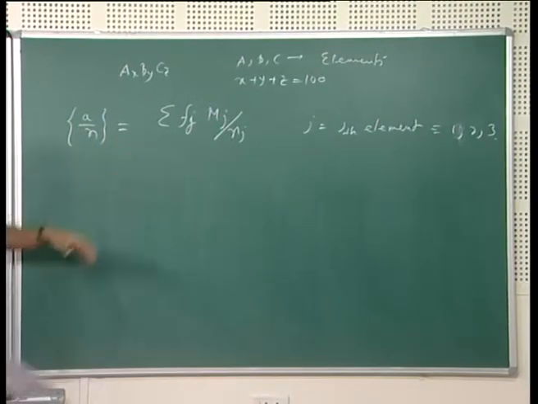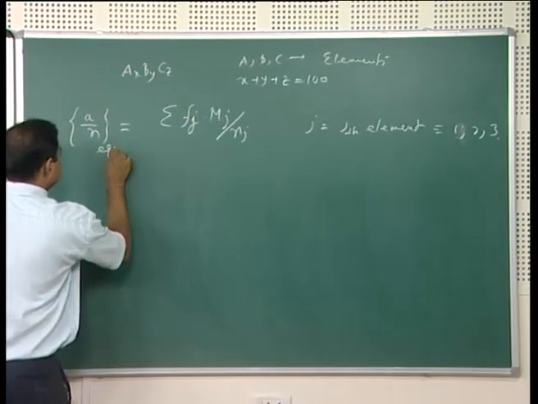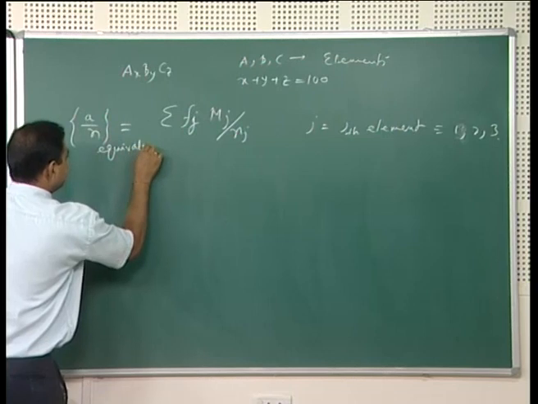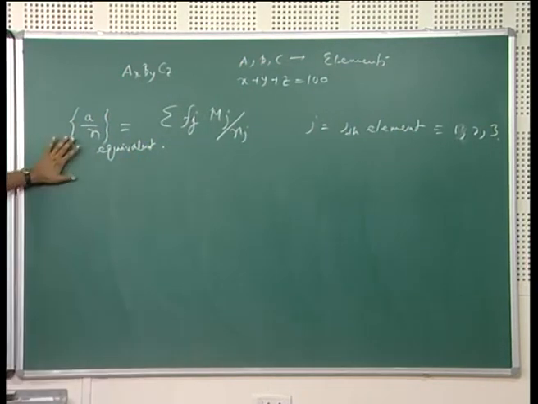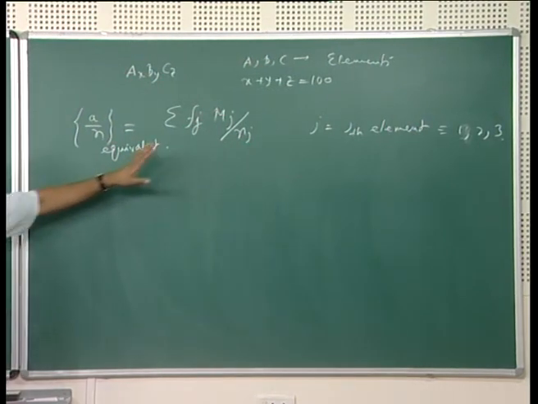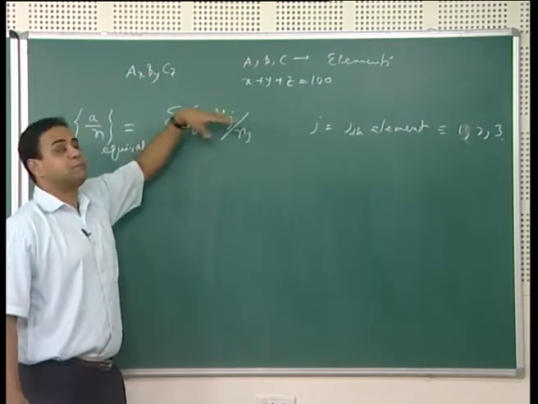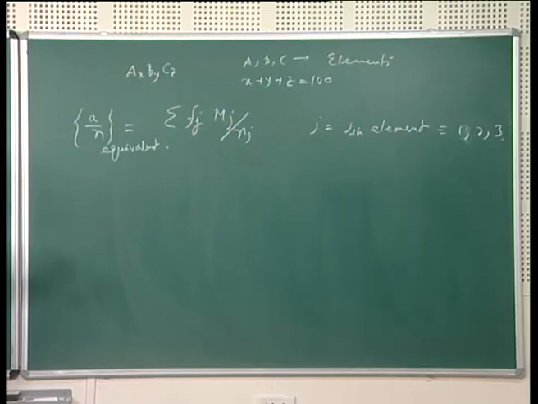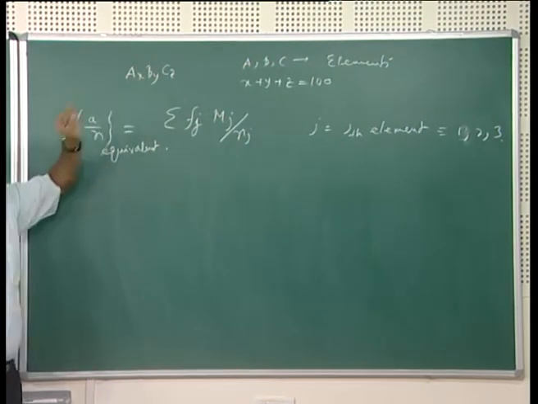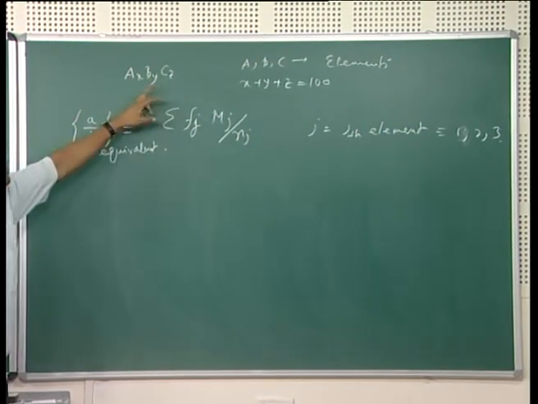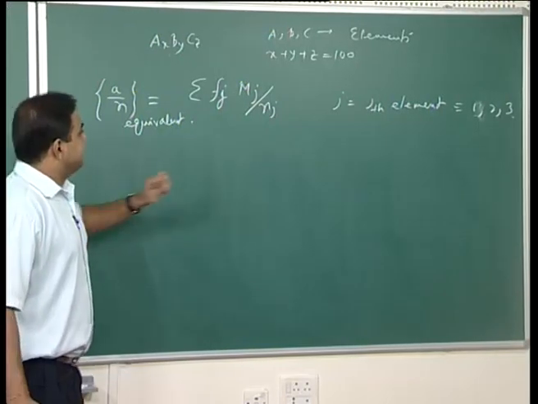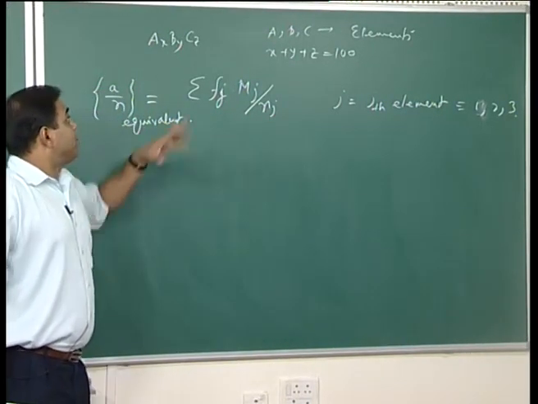This is the gram equivalent for the alloy. Now, F_j is the fraction of that particular jth element. Let us say if you consider element A, the fraction would be X. If you consider B, the fraction would be Y, and accordingly for C, the fraction would be Z. And N_j is, let us say,